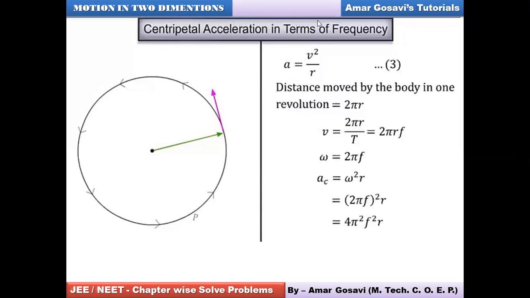And how do we convert it? With the help of the relation between linear velocity, angular velocity, and the radius vector. What was the equation? V is equal to r omega. This is something which we have derived. So omega, you can also put as 2 pi f. When you put it as 2 pi f whole square, ultimately the centripetal acceleration in terms of frequency and radius can be established. So this is the further analysis of the equation for centripetal acceleration. Please make a note of it. And once you are done with it, let me know.